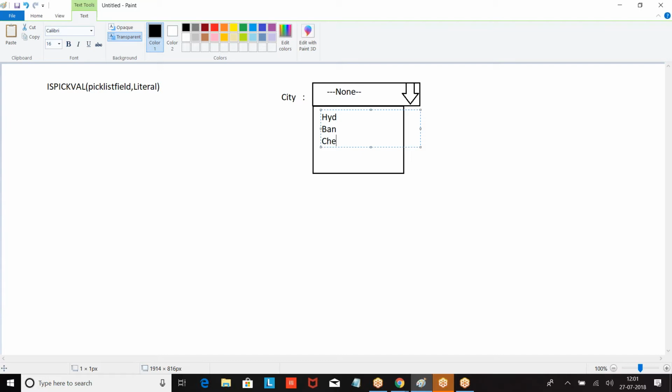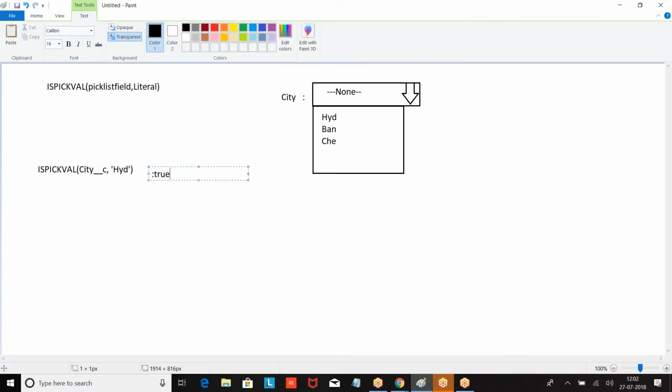How will you run this? Now, look at the format. Is pick val, city, Hyderabad. So what does it mean? If you have selected city as Hyderabad, that will give you true.